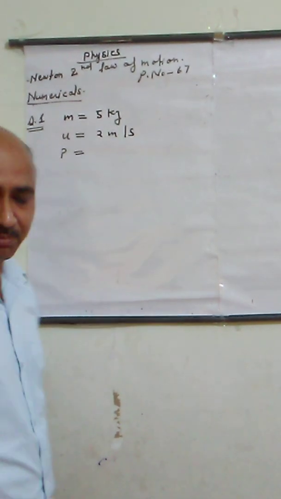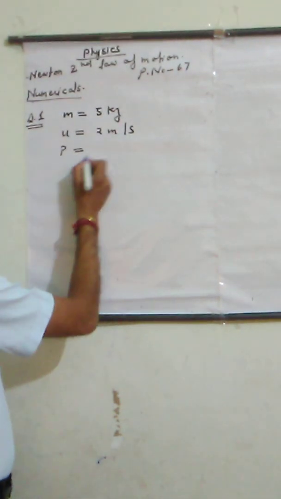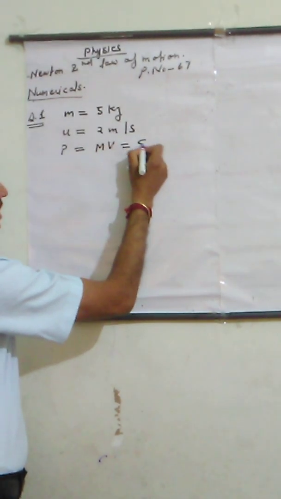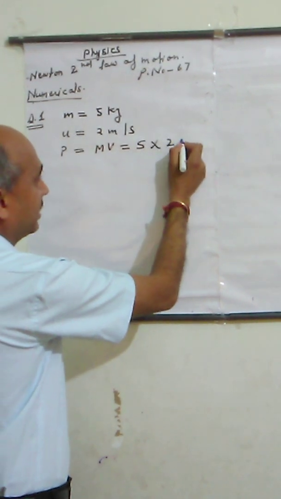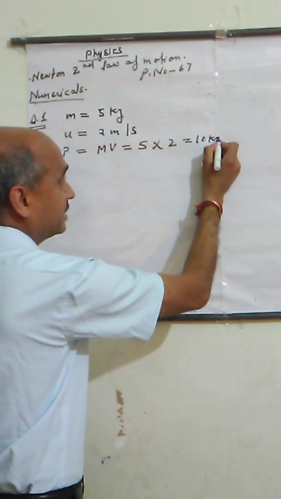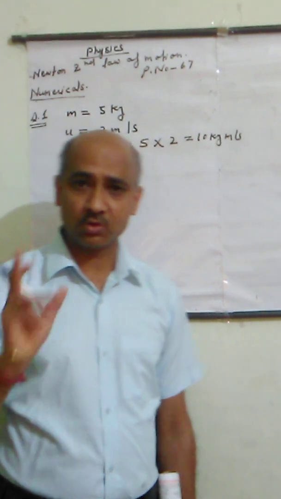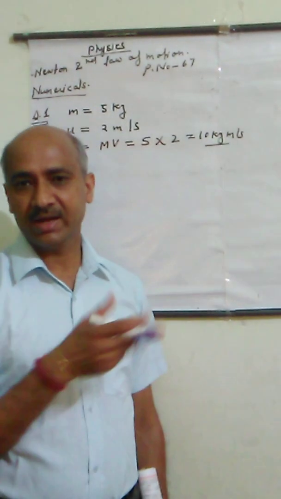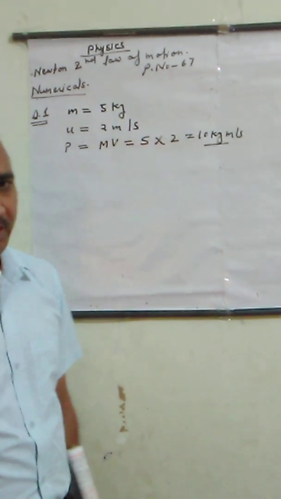It is very easy. It is simply based on the formula of the momentum, that is P equals to mv. We have to simply write down the values of mass and velocity and multiply them, and we get 10. And what about the unit? It is kg meter per second. And listen, one more thing: when you are doing the numericals, don't forget to write the units. If you are not writing the unit, if you simply write 10, the answer is wrong. So it is necessary to write the units when you are doing the numericals.